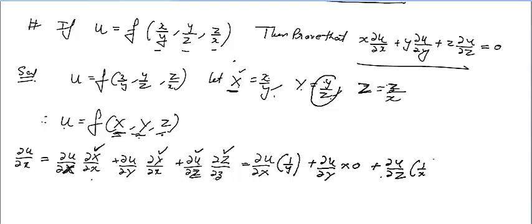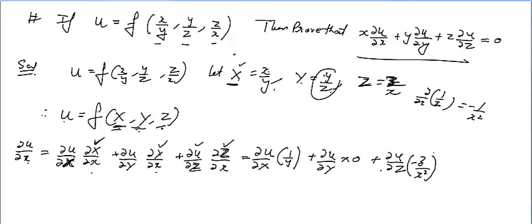Sorry, really sorry, this is with respect to x, because we are finding the derivative with respect to x. So here you have the derivative of capital Z with respect to x. Small z is outside, and the derivative of 1 over x with respect to x is minus 1 over x square, so it will be minus z upon x square, correct. This thing we have done, very interesting to see.